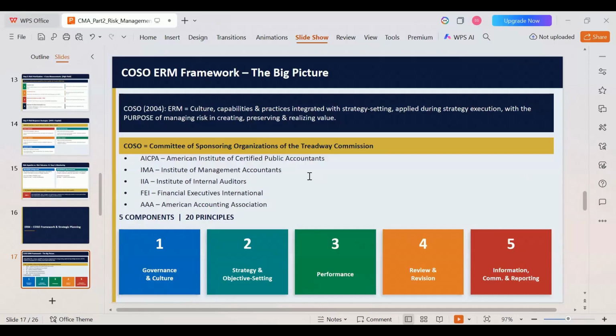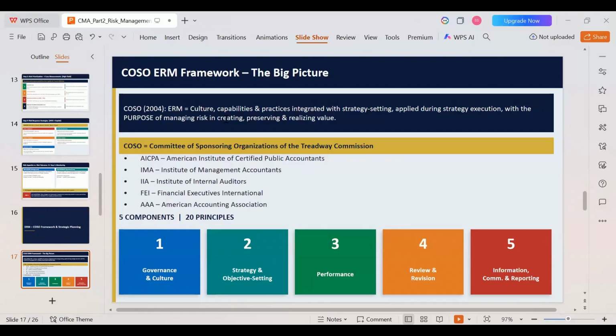Now to avoid this risk, all the institutions such as AICPA, IMA, IIA, FEI, and AAA, all these are major institutions which carry on some of the strategic work in a company. Suppose in the C-suite officers, we could find CMAs, CPAs, CIAs, all of them are C-suite officers. These people overview the financials of the company, they overview the actual performance, whatever is taking place in a firm. So all of these institutions came together for introducing COSO ERM.